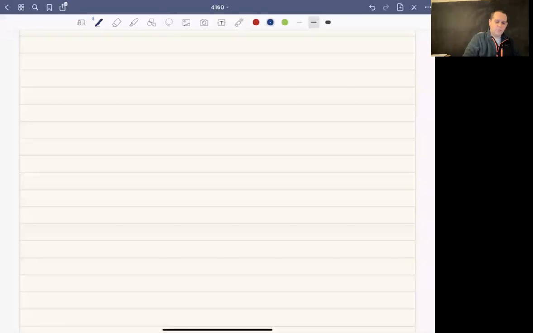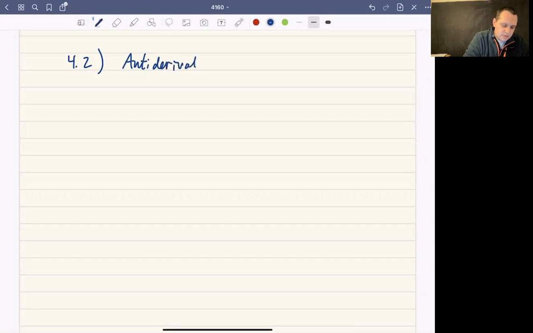Okay, so next we're ready to jump a little bit more deeply into integrals. First we're going to talk about antiderivatives. This is section 4.2. So antiderivative. This again is just a slight tweak on the idea of antiderivatives from Calc 1 and Calc 2,